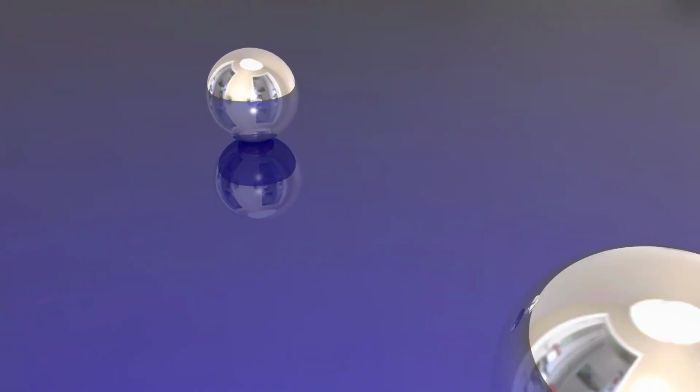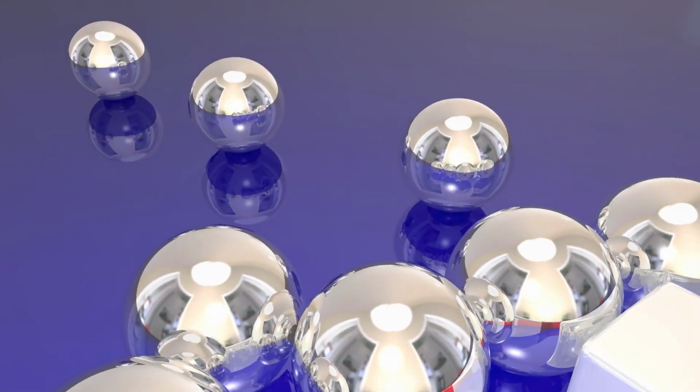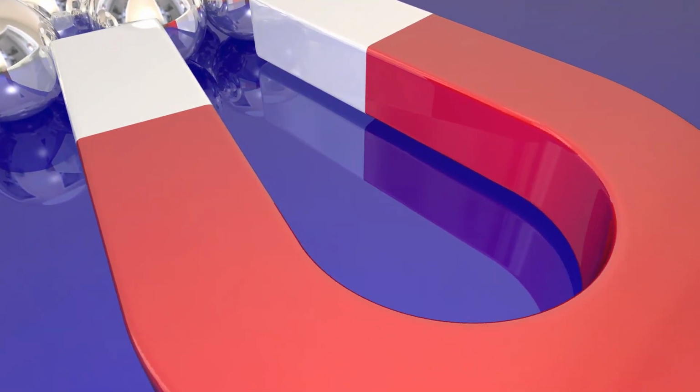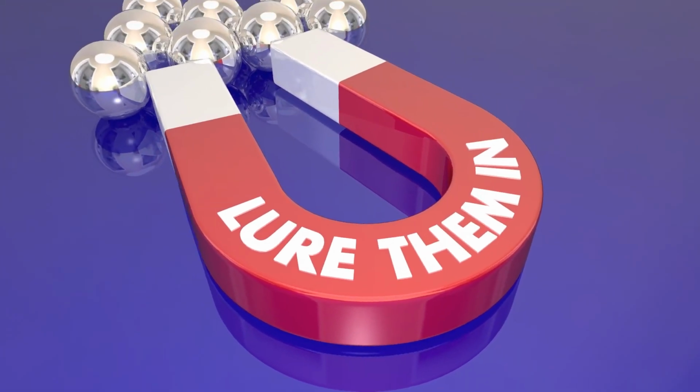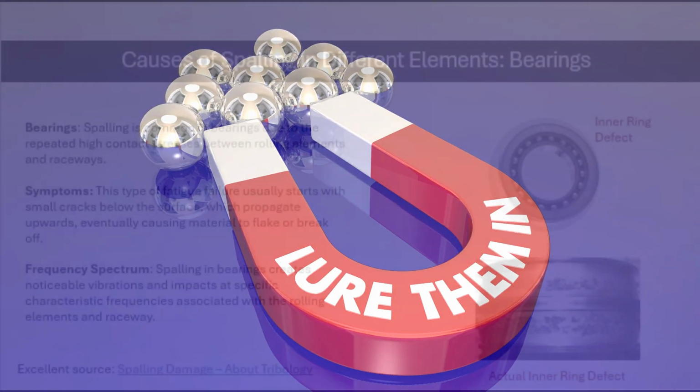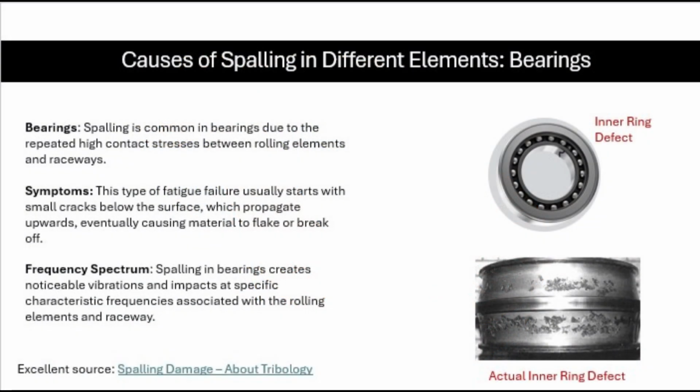Now that we've learned how to calculate the peaks and the harmonics of the frequency spectrum, let's turn our attention to the impact of spalling on bearings, gears, sprockets, and bushings. Spalling is common in bearings due to the high contact stresses between the rolling elements and the raceways. Spalling typically initiates as small cracks below the surface, which propagate upwards, eventually resulting in flakes or break-offs of material. This is detected in the frequency spectrum as noticeable vibrations and impacts at specific characteristic frequencies associated with the rolling